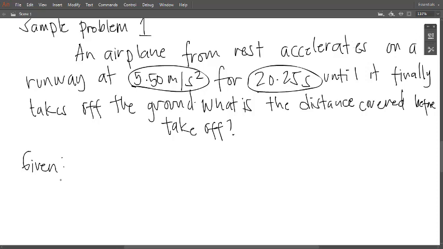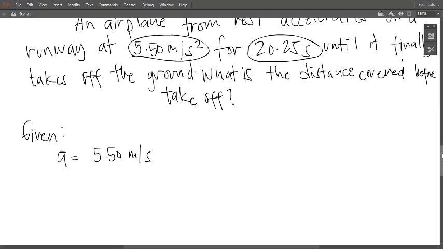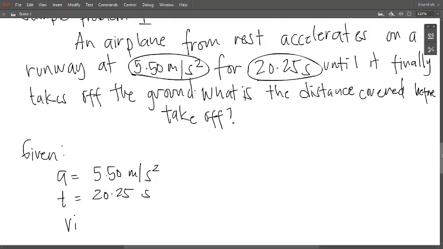So acceleration is 5.50 meters per second squared. And the time will be 20.25 seconds. And for the initial velocity, which is not given, which was not mentioned earlier,